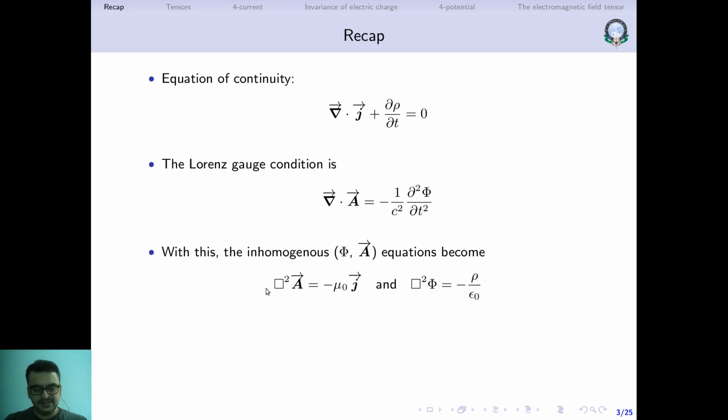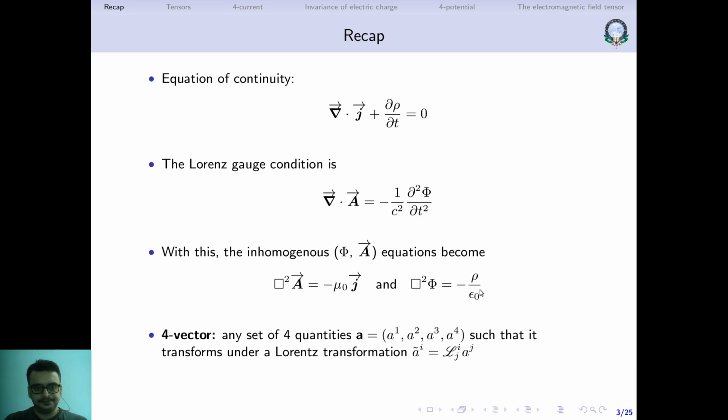So it is basically del square by del x square plus del square by del y square plus del square by del z square minus 1 by c square del square by del t square. This is the D'Alembert operator, which when it operates on A and phi, gives us on the right hand side the sources, which are j and rho.